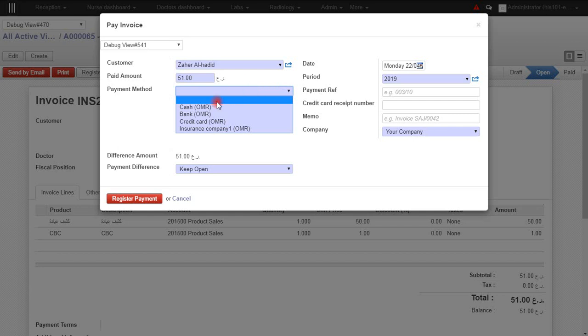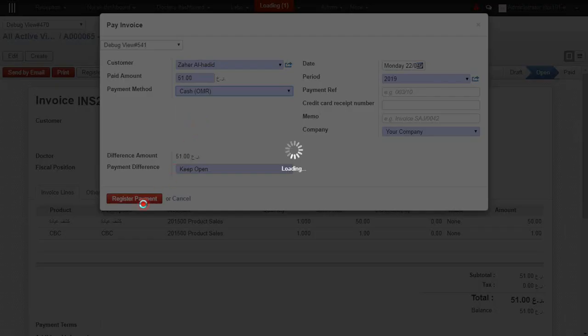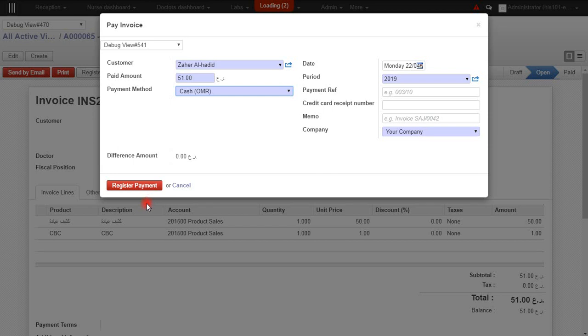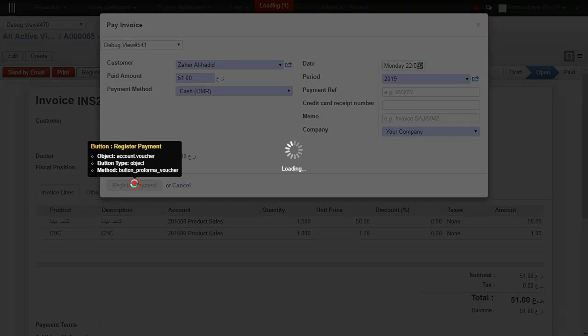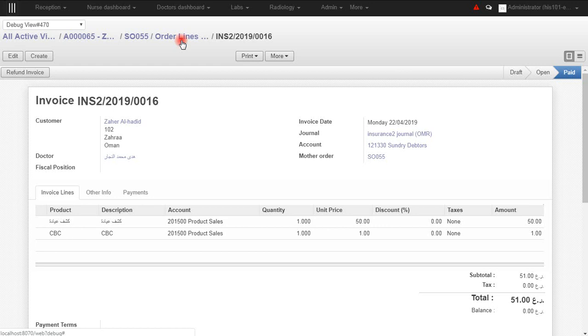We will select the payment method. This patient pays by cash. Now we click register payment. Now the invoice for this visit is paid. If we return to the visit,